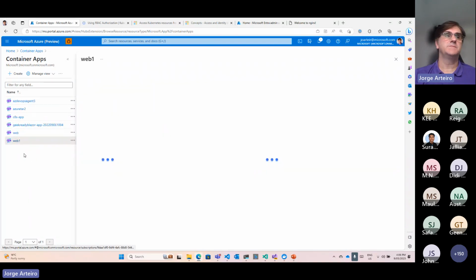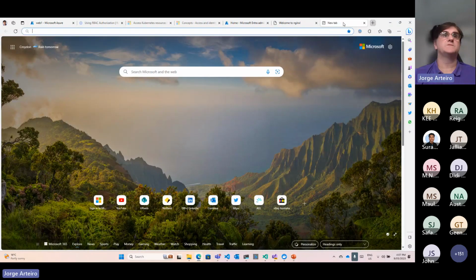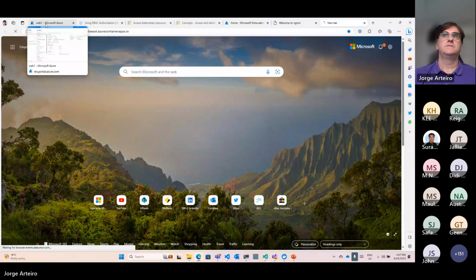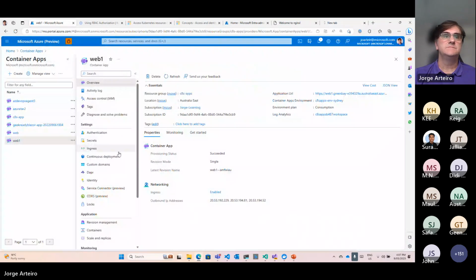I'll show this one. When I create a container app, let's see what's running here. I think there's a test. And look at this. Why is it taking a while to run? Because I'm pretty sure that's not running.